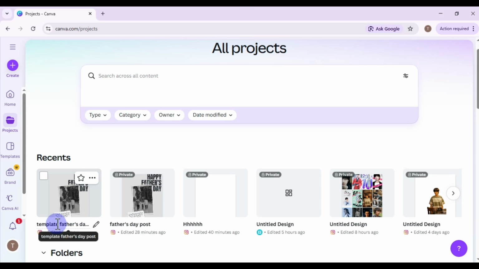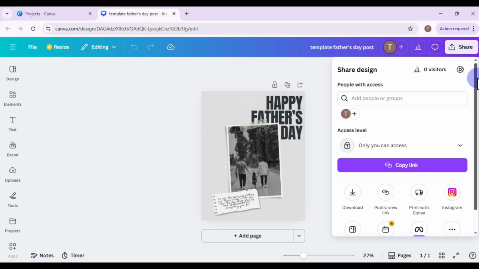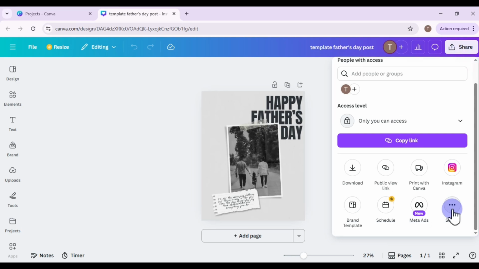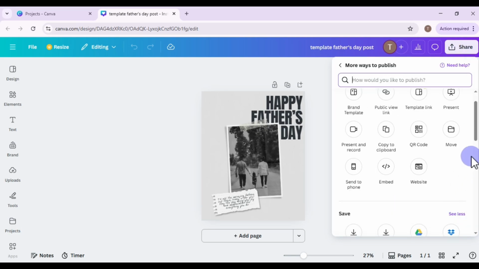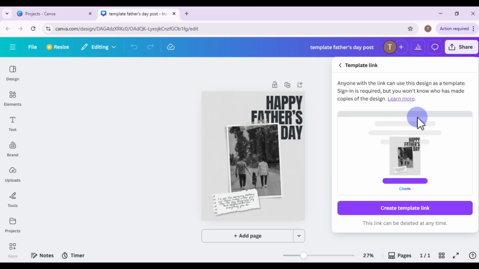like this, and then just open it like this, and then just tap on share, and then just scroll down and tap on more, and then just click on the template link, this one like this, and then just tap on create template link,